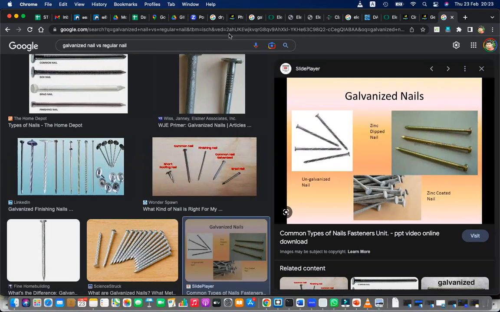Yes. The reason you can see in this image. In a galvanized nail